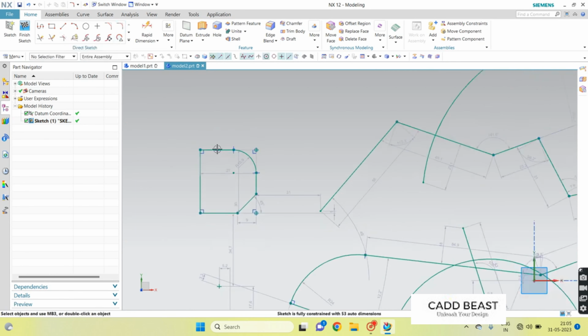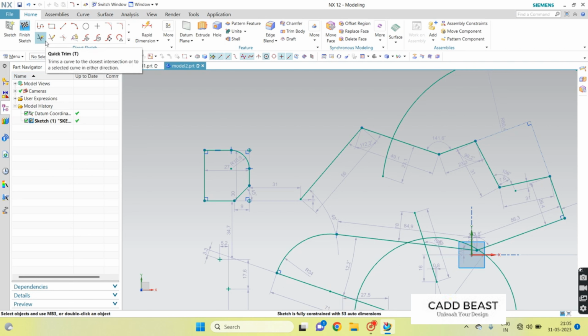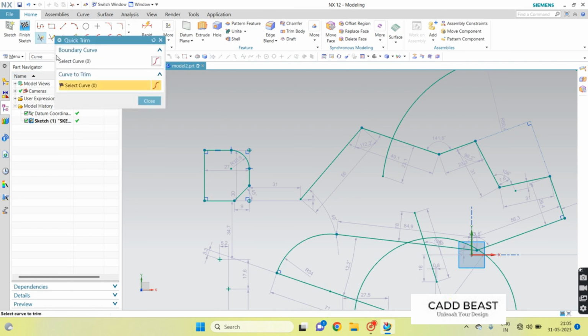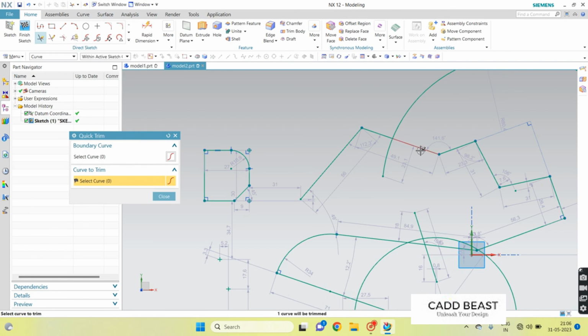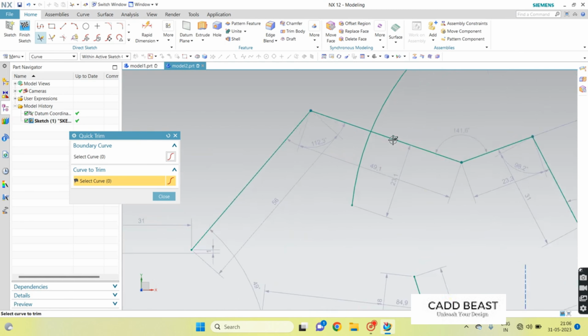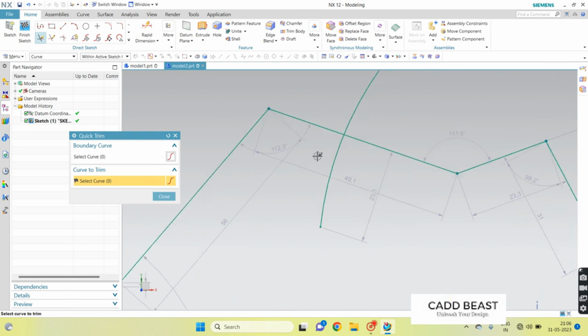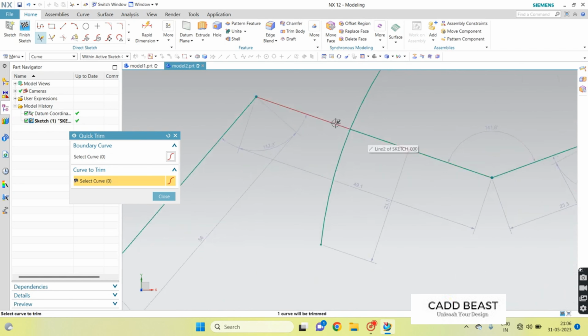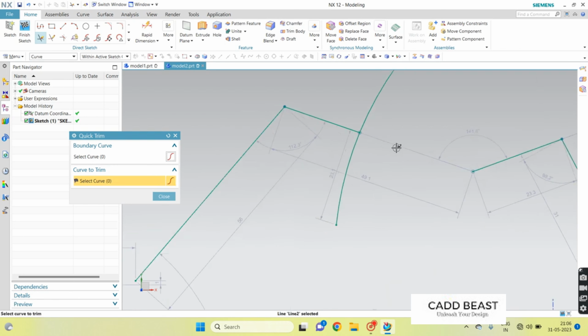So today we are going to start with the trim tools. So what exactly is trim? Trim is nothing but trimming the unnecessary and unwanted curves, which are connected by some other curves. If I want to trim these curves, it will highlight in red. Once I click that, it will totally trim the curve, or I can say it will delete the curve, but